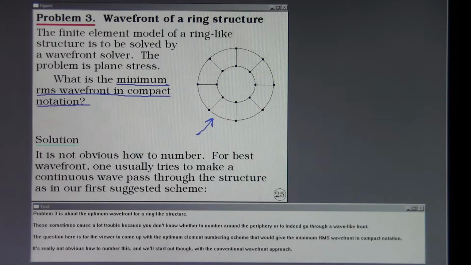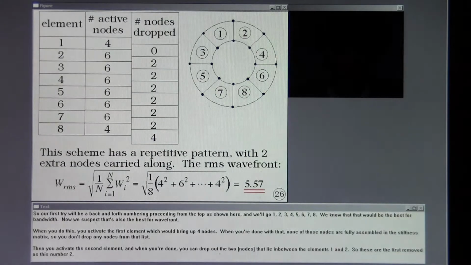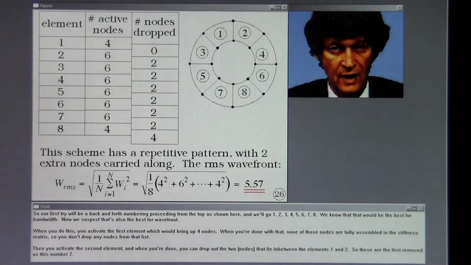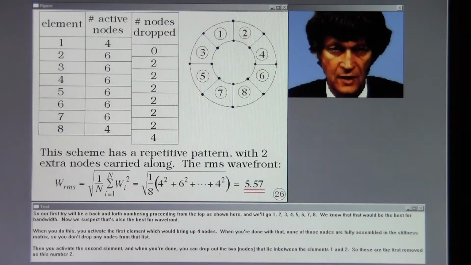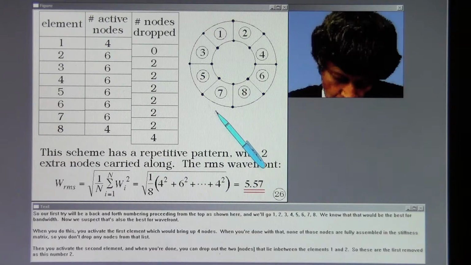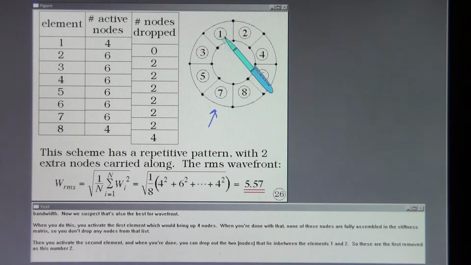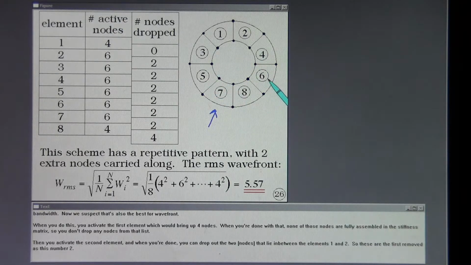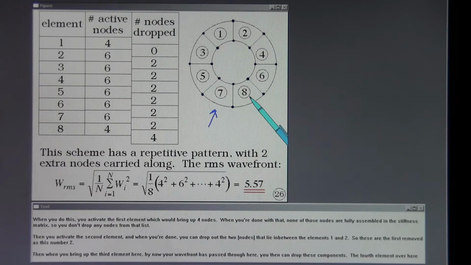It's really not obvious how to number this, and we'll start out though with a conventional wavefront approach. So our first try will be a back and forth numbering proceeding from the top, as shown here. And we'll go 1, 2, 3, 4, 5, 6, 7, 8. We know that that would be the best for bandwidth. Now, we suspect it's also the best for wavefront. When you do this, you